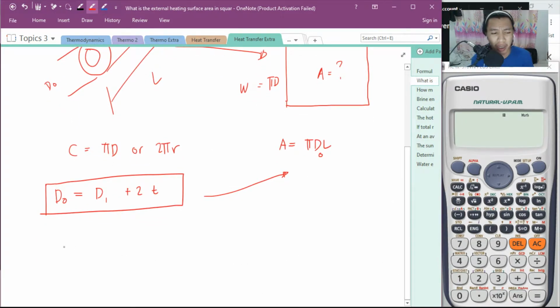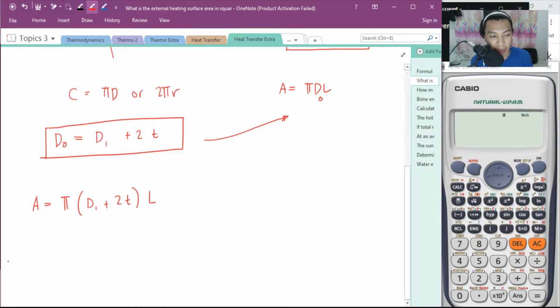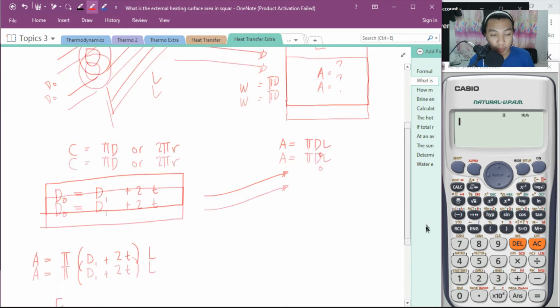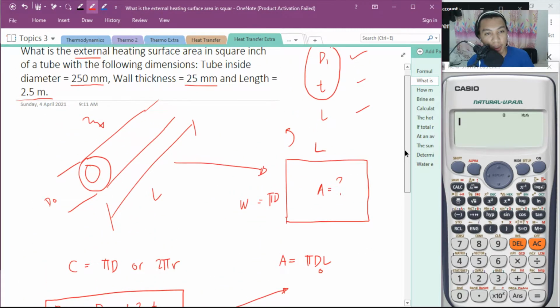Actually, hindi nga to heat transfer. This is simply geometry lang. So therefore, the area will be equal to pi multiplied to di plus twice of the thickness multiplied to the length. Okay? That is in inch squared. Area is equal to pi times di. What is di? Okay? Di is 250 mm plus twice of the thickness. The thickness is 25, so 50